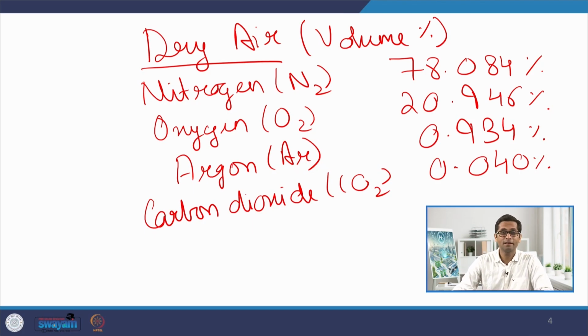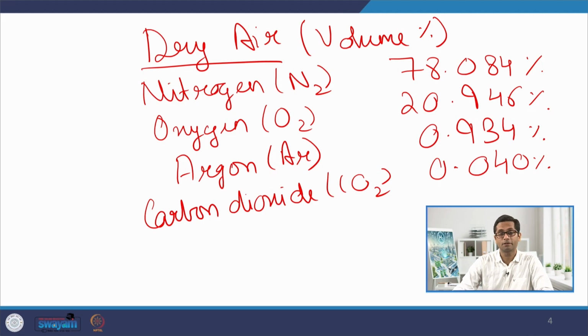So on an absolute scale, you might think that it's hardly any gas that you should be worried about. But that's not the case, because if you read the popular literature, if you read the news, climate change is a big issue. Every policy that we now derive is basically focused on or takes into account the climate change that is going to come up in a big way. And a small percentage of this gas, an increase in that, could have serious consequences. This is what we'll try to understand from our calculations. So this is the gas composition that we have in the atmosphere.